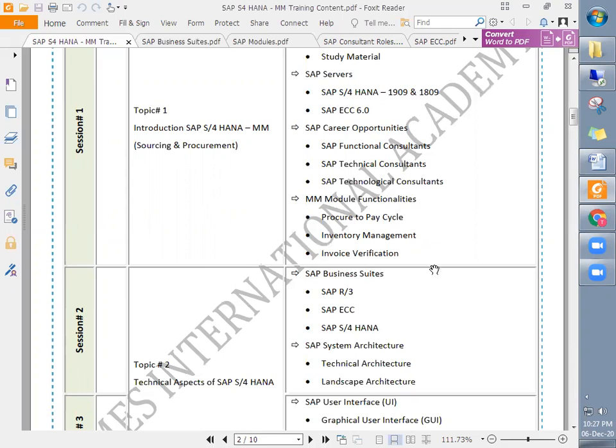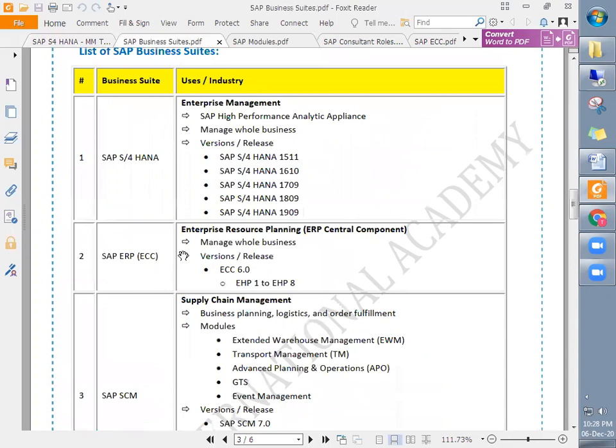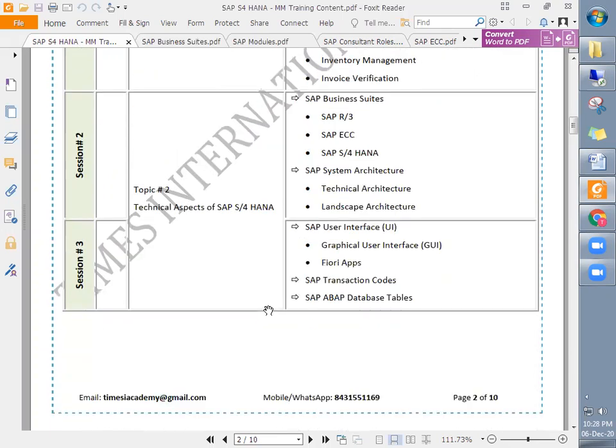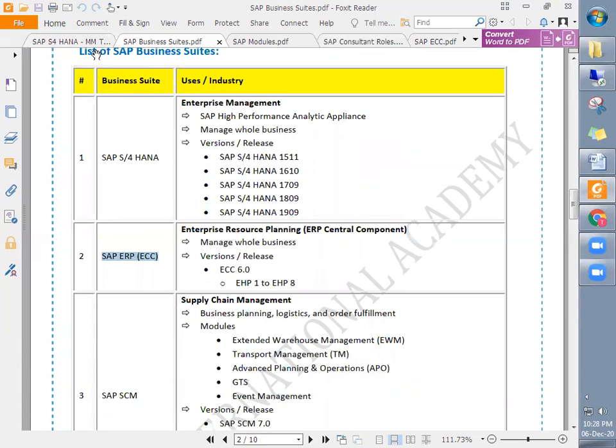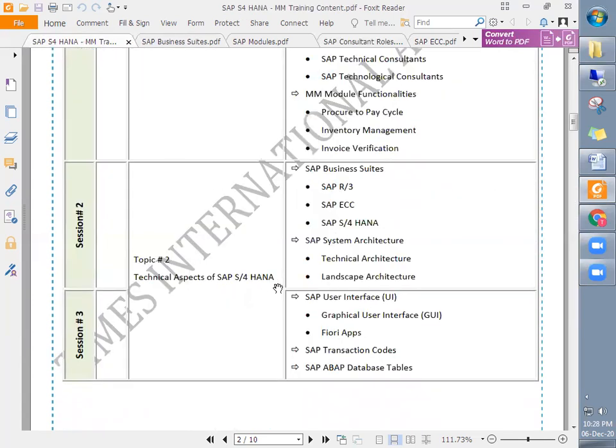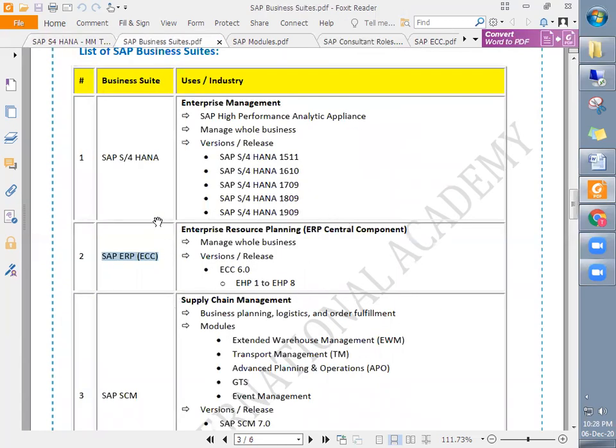Similarly, S4HANA has additional functionalities and features compared to ECC. If somebody does know ECC, no issues, because all topics are covered here. ECC has the same functionalities and features, but S4HANA has the ECC functionalities plus additional functionalities.